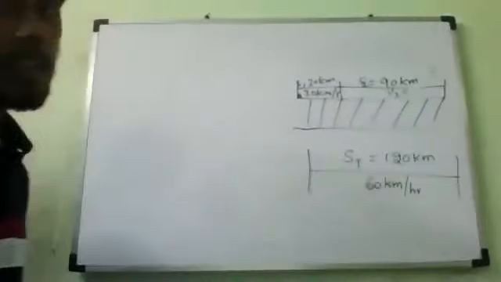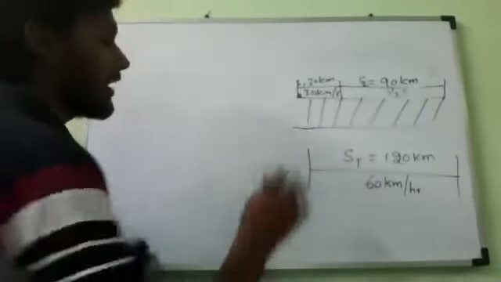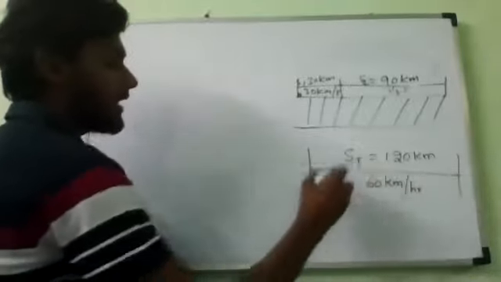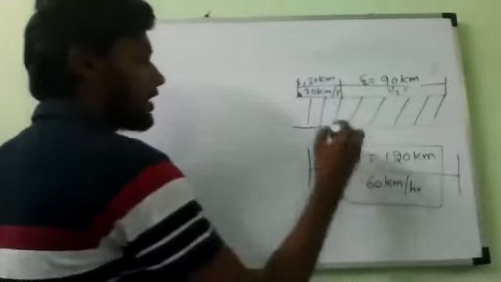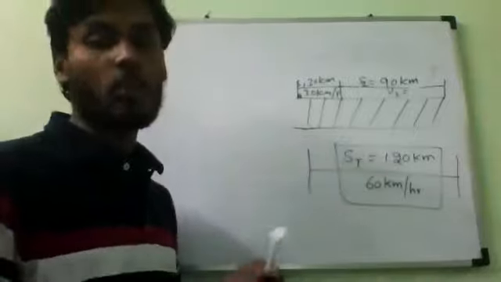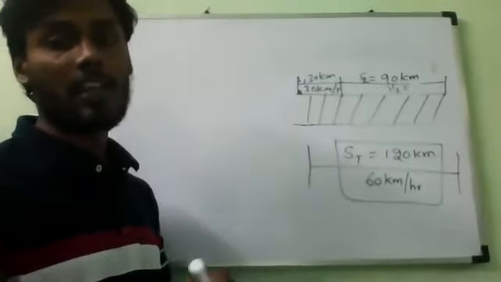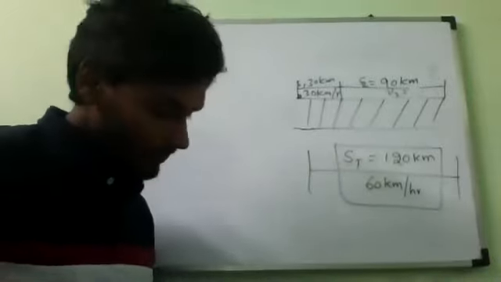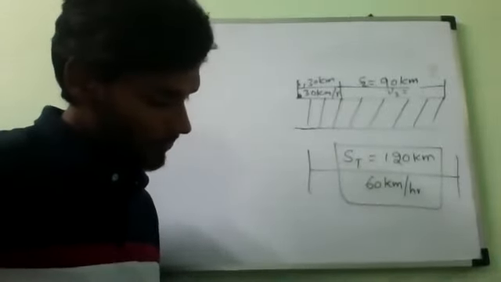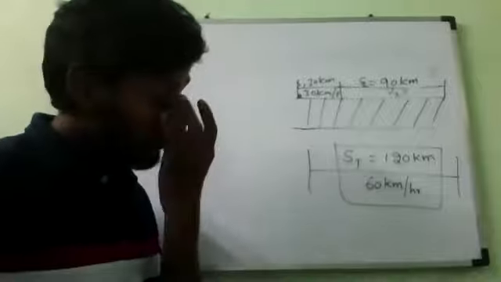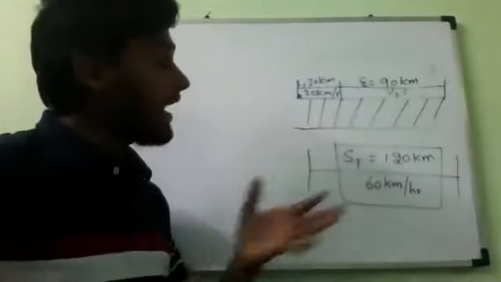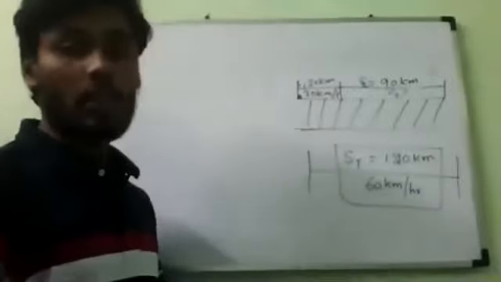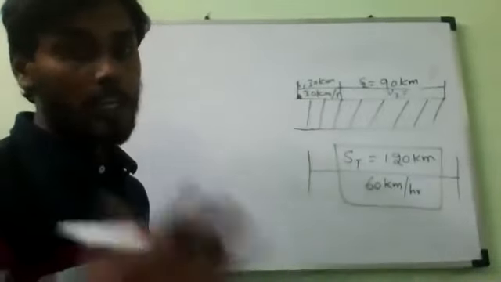First, start with the first thing: find the average speed and total time taken. You tell me how to find the total time taken. With the help of these two, we can find the total time taken. What is the total time taken to travel that journey? They have given the average speed and total distance, so can we calculate the total time? Let us see.